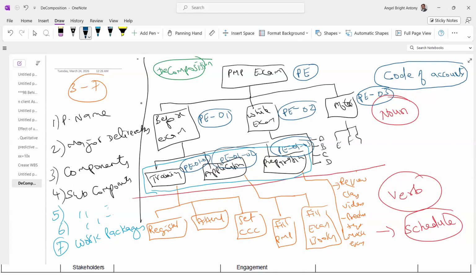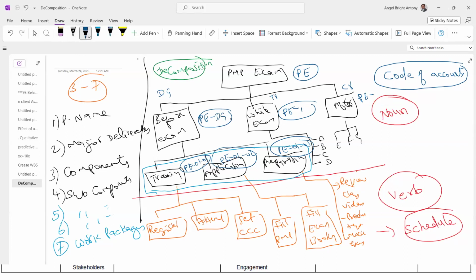However, many organizations have a standard code of account, right? You may not be able to use 01, 02, 03. For example, assume this is the design component and the standard code of account is DG. This is a tendering component, so TR. This is construction, CR, assume for a construction project. Then you cannot use 01, 02, 03. You have to use the same ID,